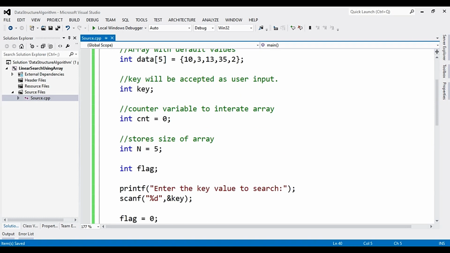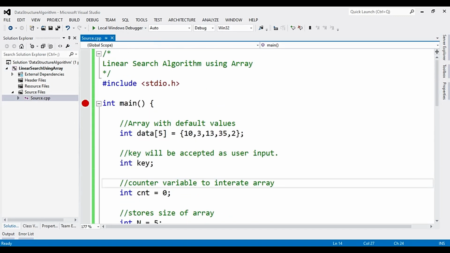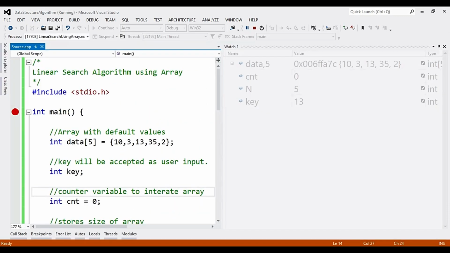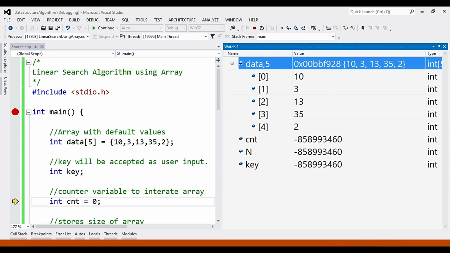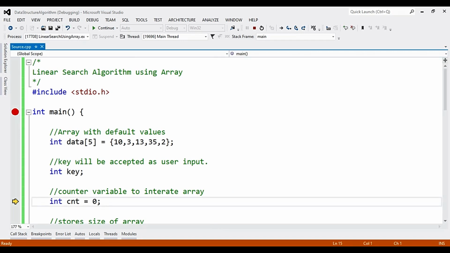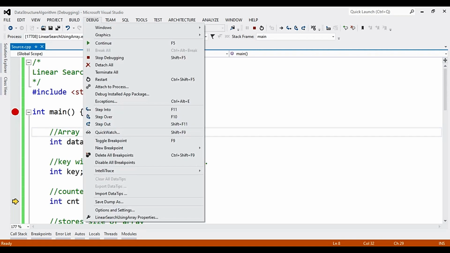Now let's build the code. So I'll just build the code and we'll debug it line by line. So I'll run the code, and now I have some watch variables. I have a data variable, so you can see at runtime we are getting some values. The data variable is initialized to some values here. Now how to get this watch window? If you are confused with that, it's quite simple in Visual Studio. If you are using some other IDE for development, you can check how to see the runtime values.